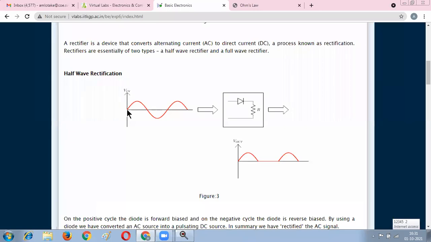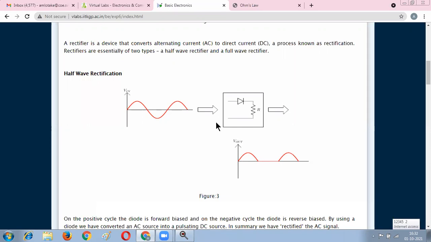And it is converting. If you see, the input supply is what? Alternating. That is, it consists of positive plus negative half cycle. But the output voltage does not consist of the negative half cycle. It consists of only the positive. And it is not a pure DC, but it is a pulsating AC plus DC component.